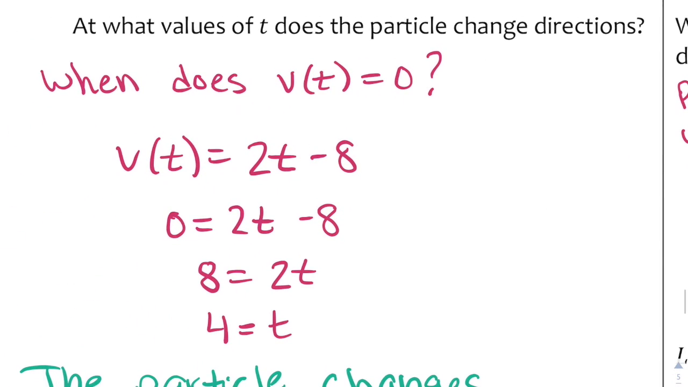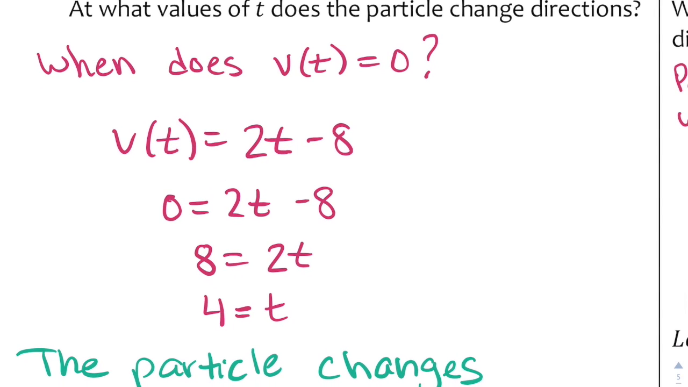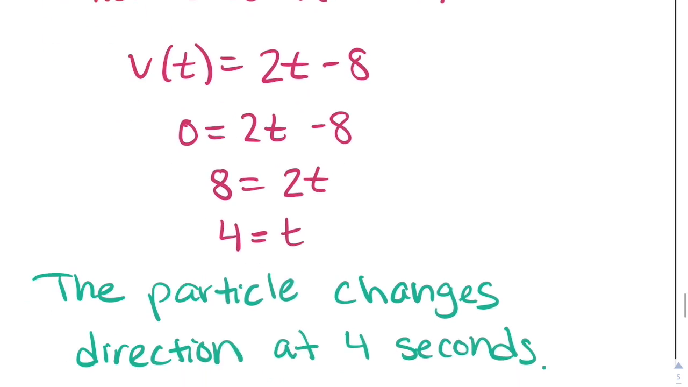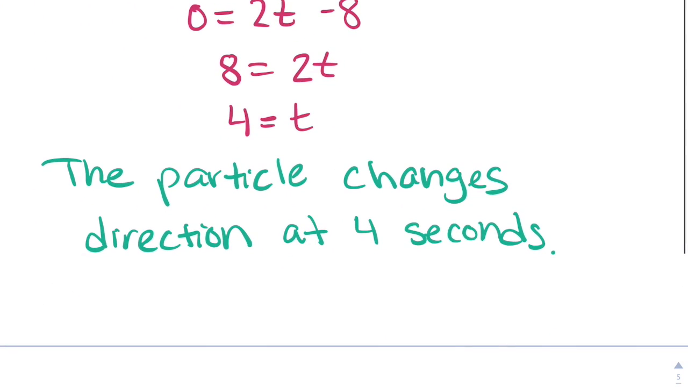Okay. At what values of t does the particle change direction? Well, we already found this earlier. Derive, set equal to 0. And we get 4. So the particle changes direction at 4 seconds. This is ironic that I was given something so easy. So it won't always be like that, but